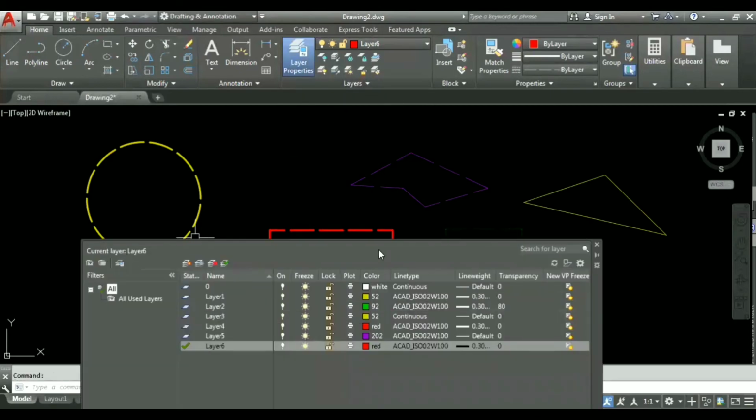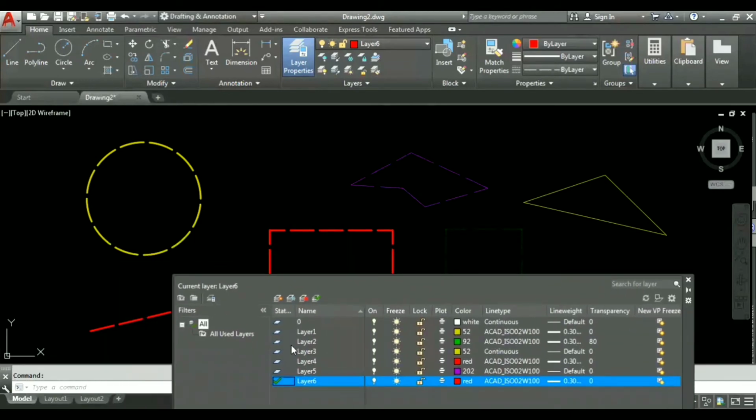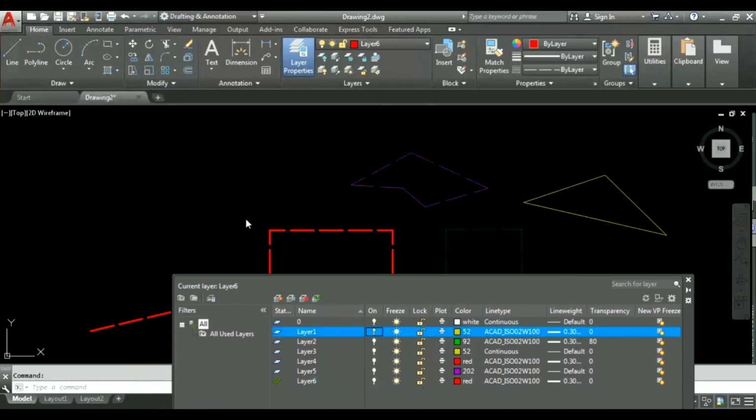First, I will shift this a little more here. Okay, better. Now, when I turn this layer 1 off, we can see that this circle has been removed from the drawing. And when we turn it on again, it reappears. The same thing which we have seen in our plan will happen with the on and off layer.